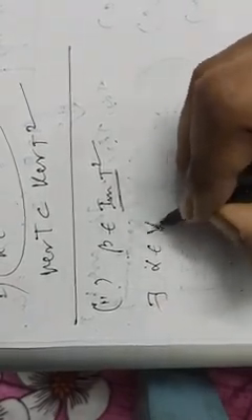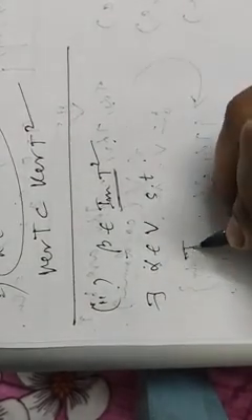Whenever beta belongs to image T square, that means there exists some alpha belonging to V, that is, in the domain set of the mapping T square, such that T square alpha will be equal to beta. Because beta belongs to image of T square, beta always has a pre-image. We are considering the pre-image as alpha. So there exists some alpha belonging to V such that T square alpha equals beta. Then T of T alpha would be equal to beta.